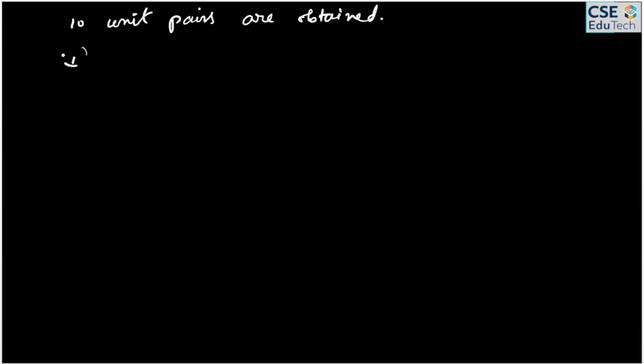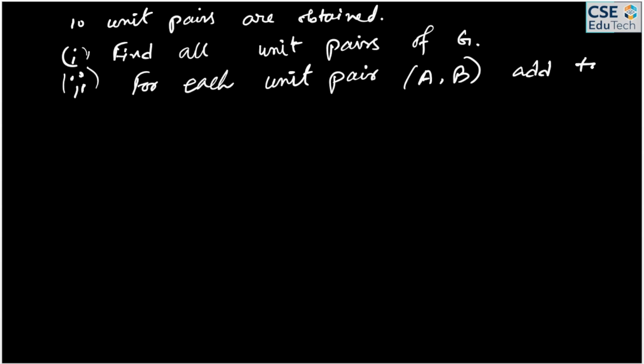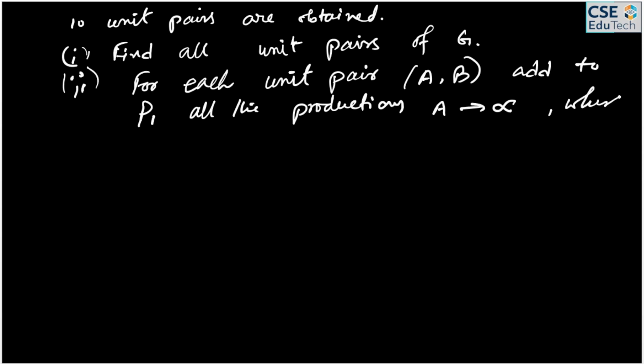First, we have to find all unit pairs of, suppose the grammar is G. And second concept, for each unit pair, suppose the unit pair is A comma B, add to the new grammar whose productions are P1, add to P1 all the productions A to alpha. What is this alpha? Where B to alpha